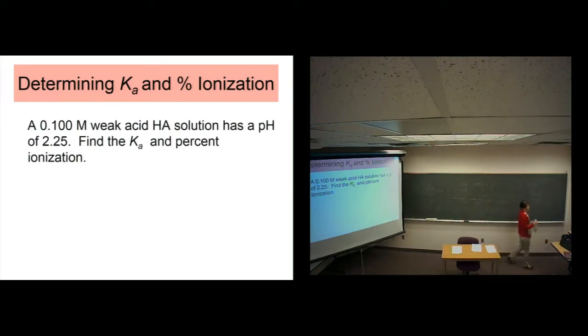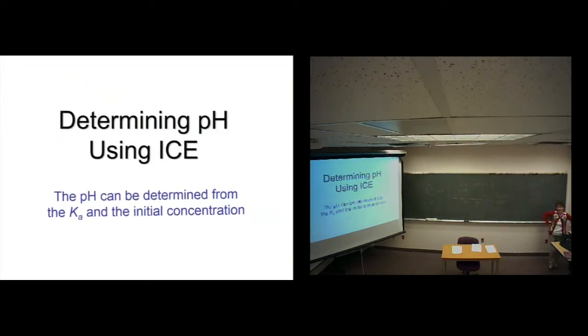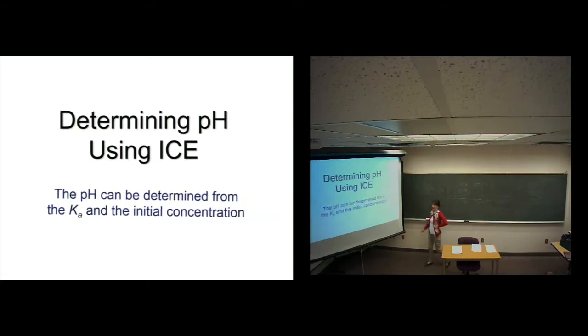Well, do you remember how we can do this one? Given the Ka, can we find the hydrogen ion concentration? And then guess what we're going to do? We're going to take that hydrogen ion concentration and we're going to get pH. All right, so given Ka, we're going to find pH. So let's do that one. All right, so here's the pH. We need the pH of a